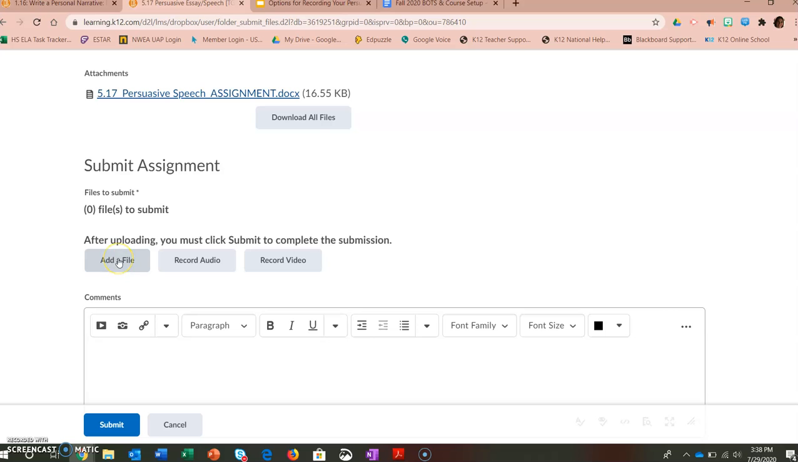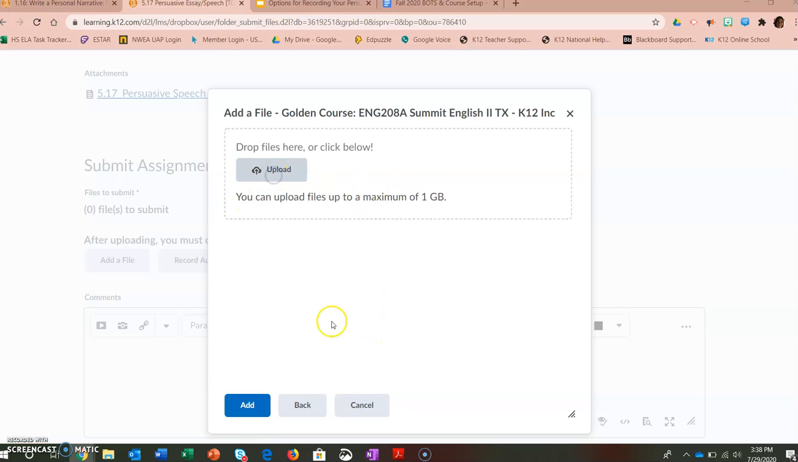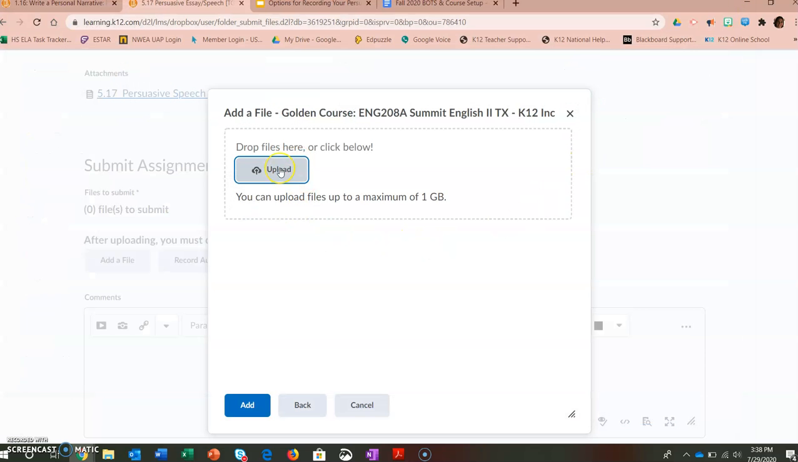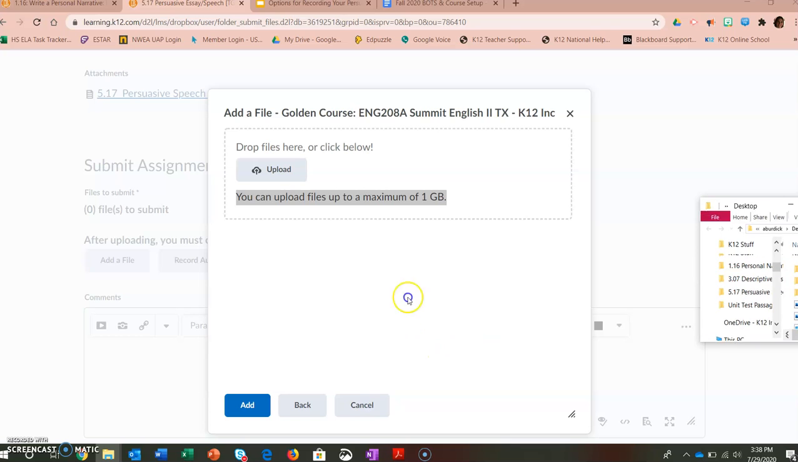So when you're ready to do that, you just click on add file and you'll go to your computer and then you'll go find that file. You'll upload it from wherever that needs to be. You can also upload your video in the same way, as long as it is less than 1 gigabyte of data. Okay, so when I look at my video that I'm about to upload as a sample here for you,